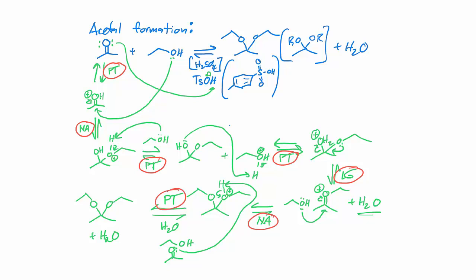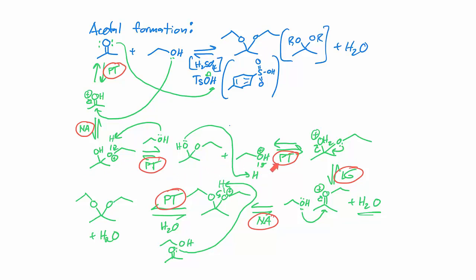We just need to make our ketone a better electrophile by protonating it. Then we attack with the weak nucleophile. We get the half acetal, we deprotonate it, we reprotonate it on the OH. A lot of students like to combine these two steps. Please don't do that. I want you to show the specific deprotonation step right here and the specific reprotonation step